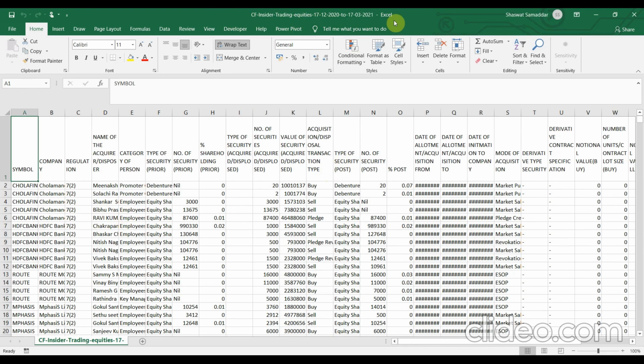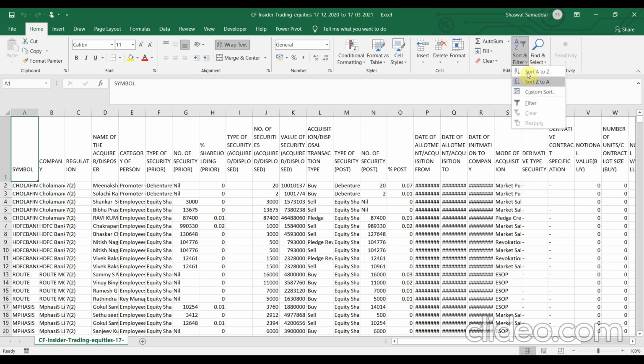The name of the Excel file itself gives the range of dates from where the report has been updated. Now, guys, please don't get overwhelmed with the huge amount of data present in this Excel sheet. We don't have to crunch each and every number present in this Excel sheet. We have to apply some filters before we start doing our analysis.